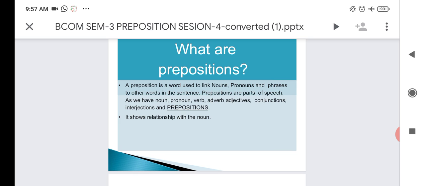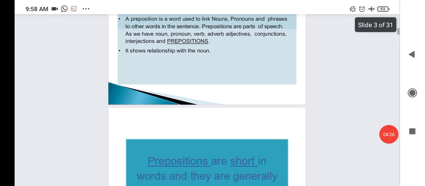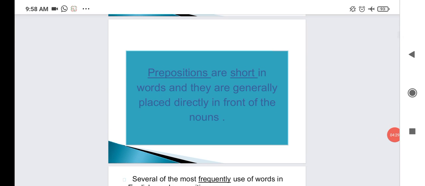Language becomes easier, or rather it is incomplete in itself without these parts of speech. Through these parts of speech, or with the help of these parts of speech, we are able to make a meaningful sentence. And what do we mean by preposition? Preposition shows relationship with the noun. In another sense,